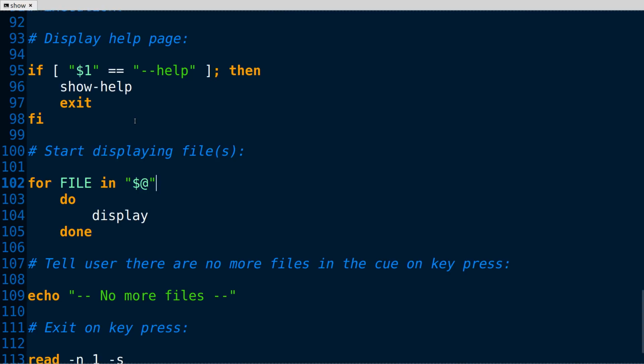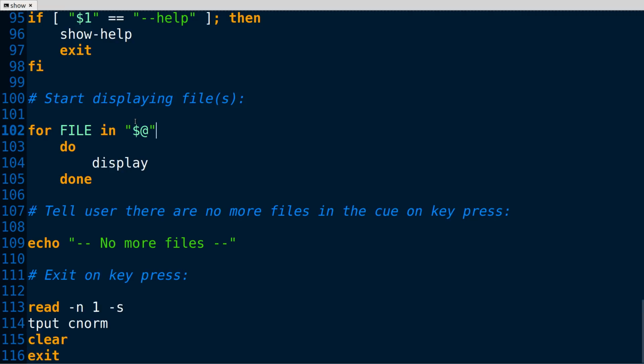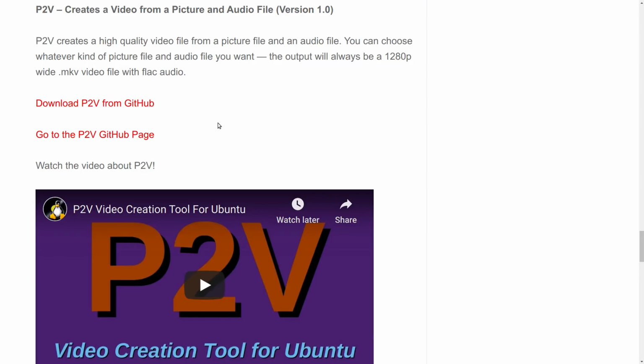That was one that's born out of necessity. People ask, well, if you can write these things, why don't you have hundreds of them? Because really for me, the strange thing about writing scripts is that I have to have an absolute clear need for it. I have no desire to try and rewrite Nano in Bash, that sort of thing. So there you go. It's a quick look at Show.